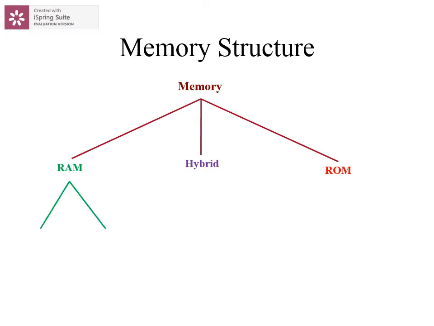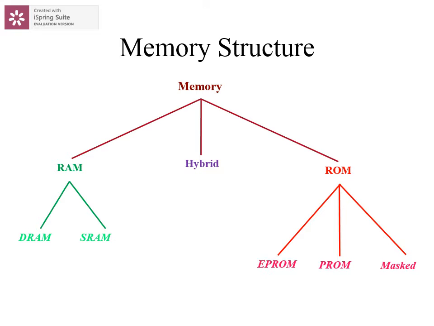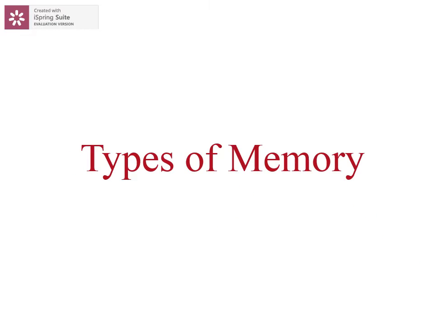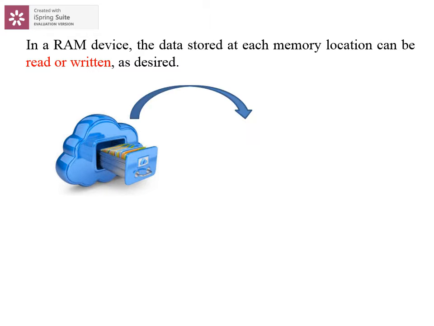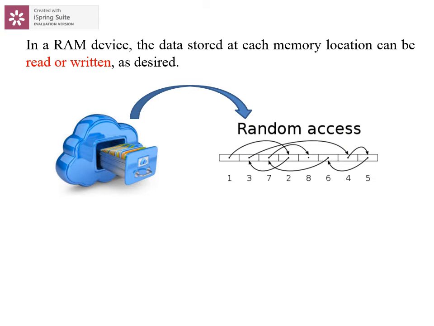RAM can be classified into two types: DRAM, SRAM. ROM can be classified into three types: masked, PROM, EPROM. Hybrid can be classified into three types: EEPROM, Flash, NVRAM. Types of memory. In a RAM device, the data stored at each memory location can be read or written,